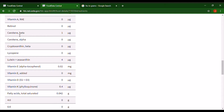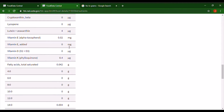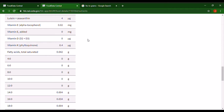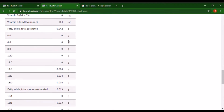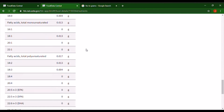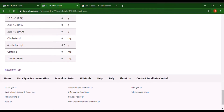A little bit of carotene, a little bit of lutein plus zeaxanthin. Got a little bit of vitamin E in here, just a little bit, and a little bit of vitamin K as well. A little bit of fatty acids as well. As we go down, you can see the ratios of the fatty acids. And then down here we have cholesterol, alcohol, caffeine, and theobromine, which I'm not sure exactly why they list them here,